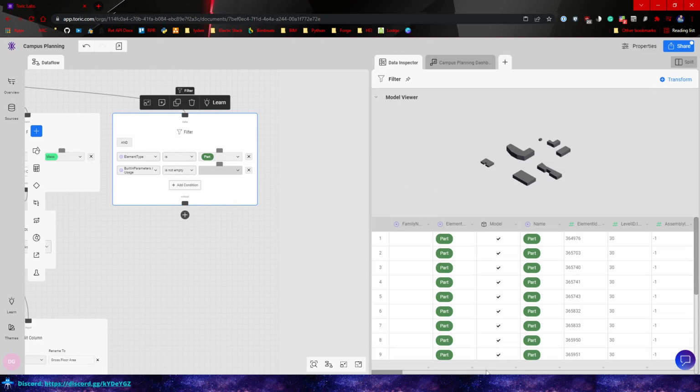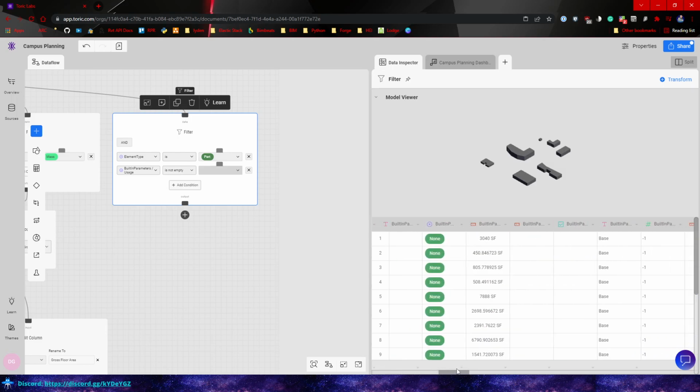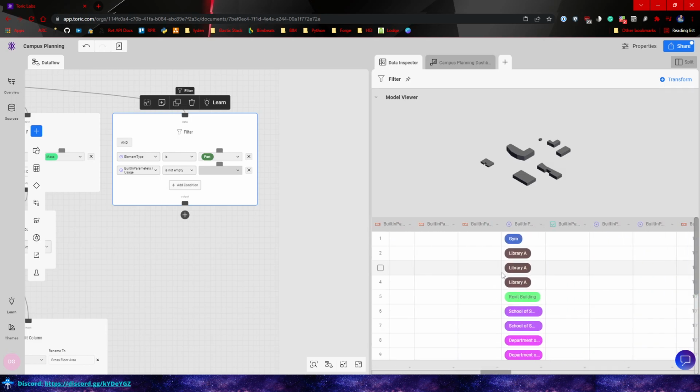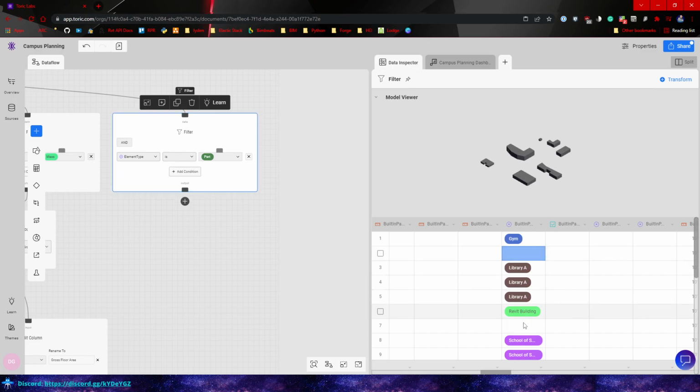And by clicking on that, what I can do is scroll through here and then find my fields. Now, if we actually remove this, you'll see that we have these empties. These are just the overall floors, and we don't need those. We want to filter those out. So by looking at this data inspector, I can then come in here,